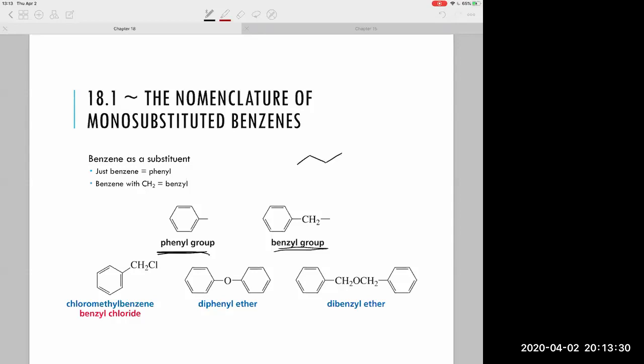So let's say we have a butane here, but now there's a substituent off of that chain. This would be 2-phenyl-butane. Okay. If you had said something like 1-methyl-propylbenzene,